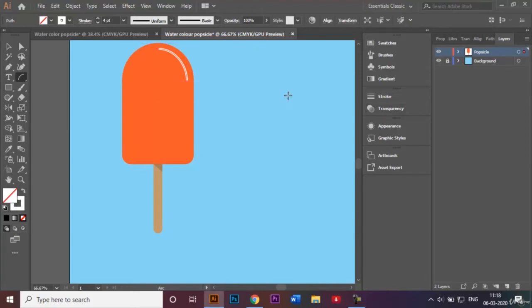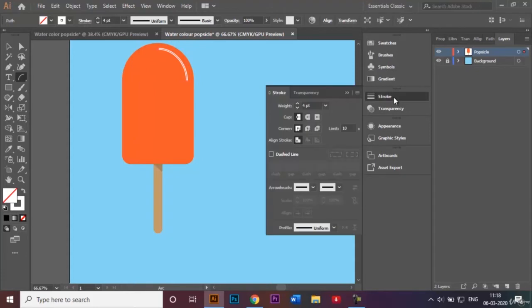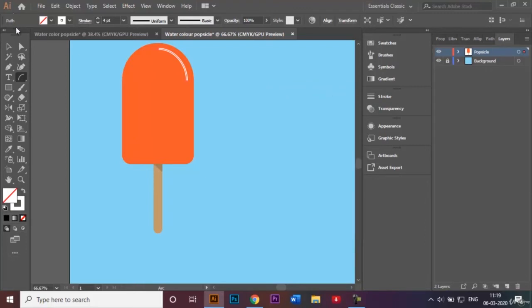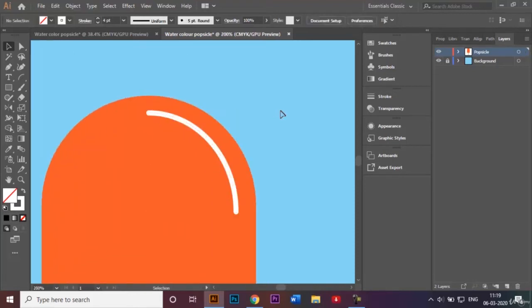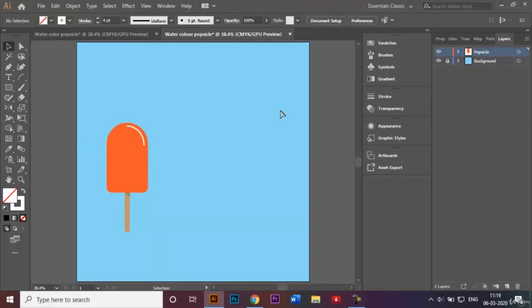So once that's made, we can go ahead, click on the stroke and click on the round cap option so that this gets rounded off like that. Okay. So what I'm going to do is now add the texture behind on